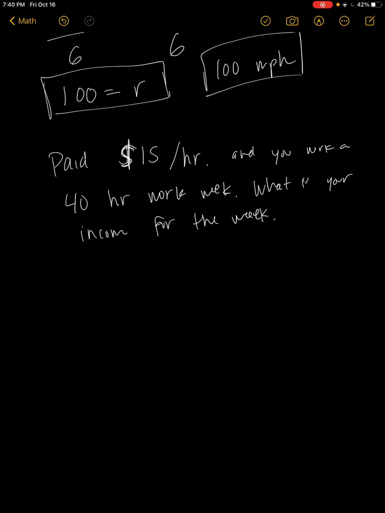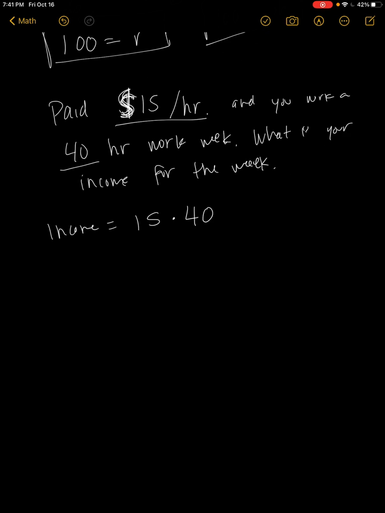So see, it doesn't always have to be distance. As long as you have a rate and a time, then you can multiply them together. And this time, instead of having a distance, you're going to have a total amount of money, right? Because we're using money here. So we want your income. We know you got paid at a rate of $15 per hour and you worked for 40 hours, right? Work full time. So then for the week, your income was,